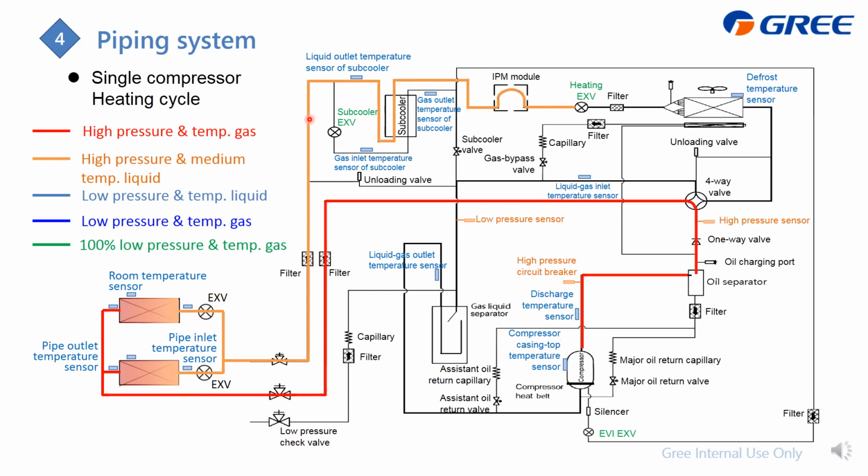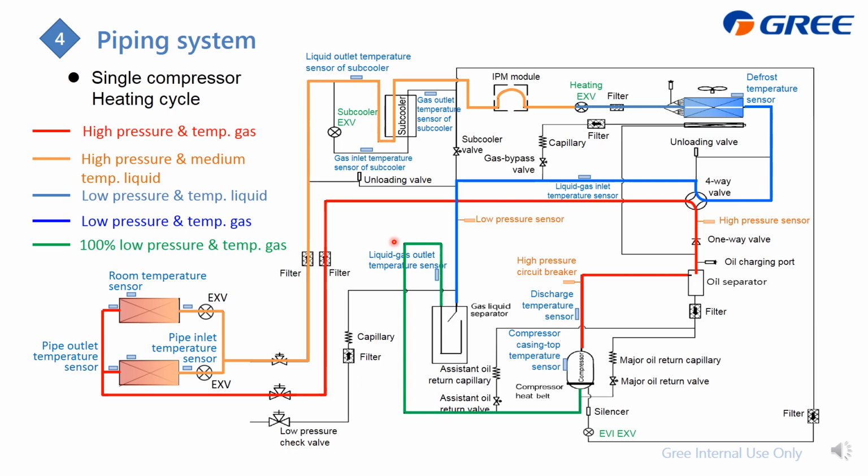Okay, and the refrigerant stays liquid at high pressure, then flows back to the outdoor unit following this liquid pipe, and then gets through the subcooler and also cools down the IPN. And at this heat tank EXV, it will get expanded and become low pressure and temperature liquid. And also it can absorb heat from the outdoor heat exchanger to become gas, and then flow to the gas liquid separator and then to the compressor. That is for the regular heating.